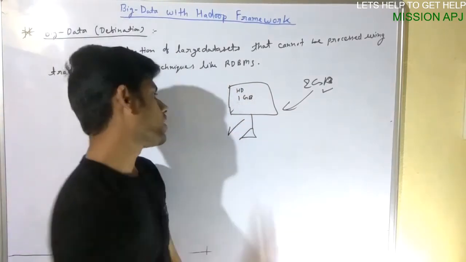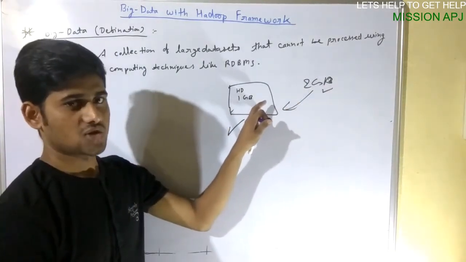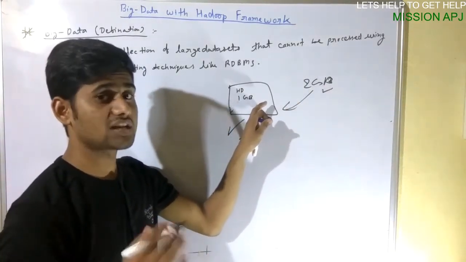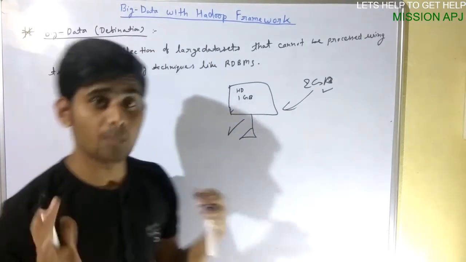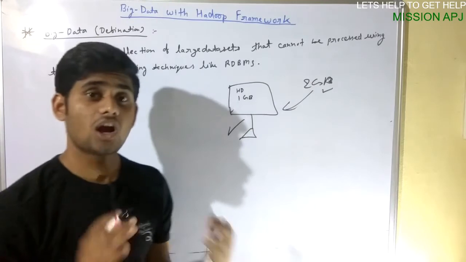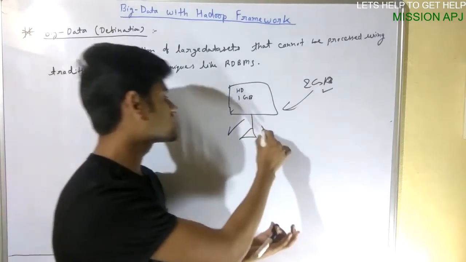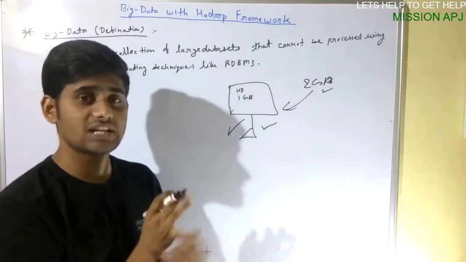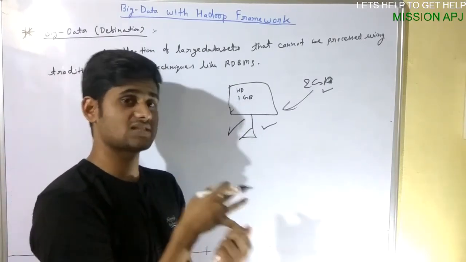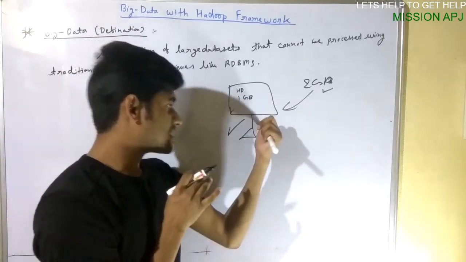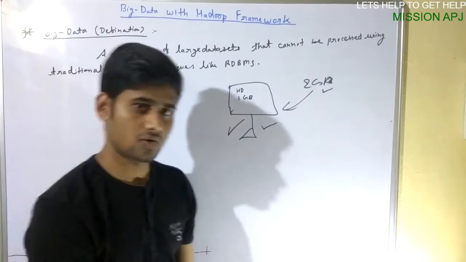So that's the concept of big data. For this computer, this 2 GB data is big data. It does not necessarily mean that it has to be trillions of GB of data to be called big data. It depends on the context in which you are speaking. In this context, this computer has a limited hard disk of 1 GB which can be stored and processed in this machine, so this 2 GB data is big data for this machine.